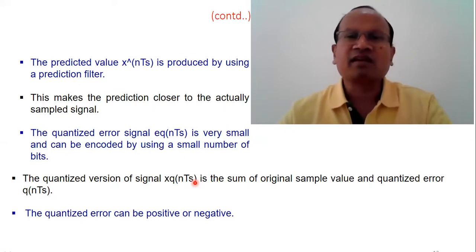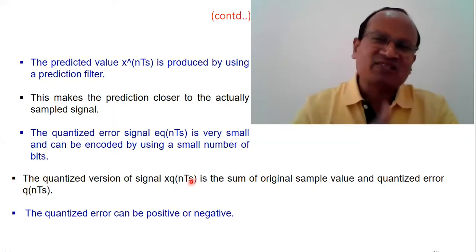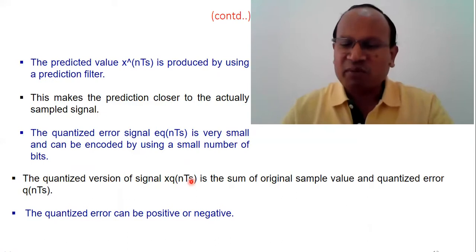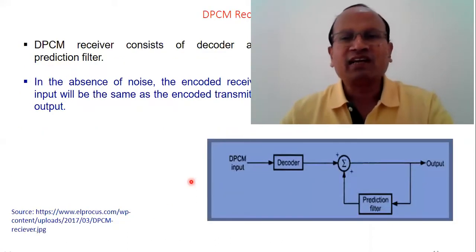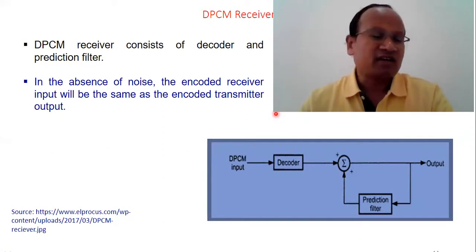The strength of the next incoming signal may be less than the previous one, so the difference will be negative. So the difference may be positive or negative. Equivalently, whatever the difference is, that amount of difference is encoded rather than the polarity.